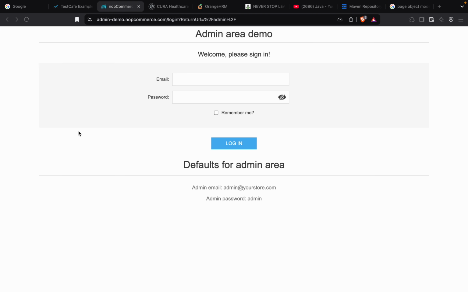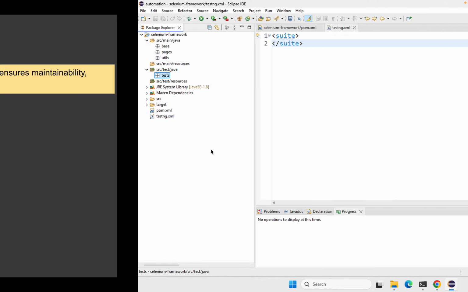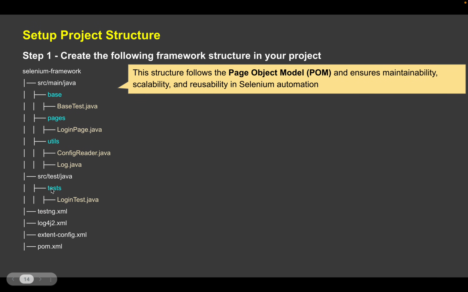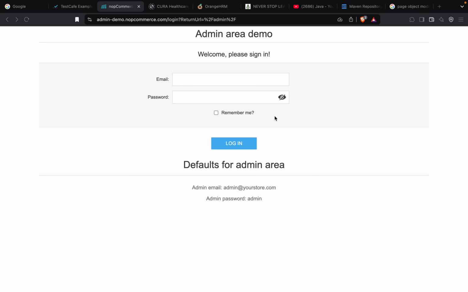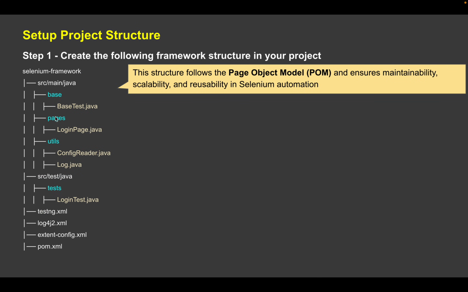And then when we actually come to the login test, we will keep that test under the test package, and then during this test, whenever it has to interact with the element, it will call the element function from the LoginPage.java. And similarly, for every page of the application that we have to interact with, let us say products page, users page, registration page, we will have a separate class for that page under the pages